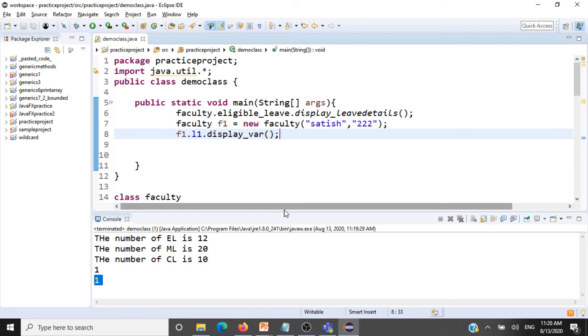A static nested class can access the static members of the outer class. A static nested class can have non-static methods, and using these non-static methods we can access the non-static variables of our static nested class. And finally, to work with non-static methods, we need to create an object of the static nested class, and to create an object of the static nested class, we need an object of the outer class.